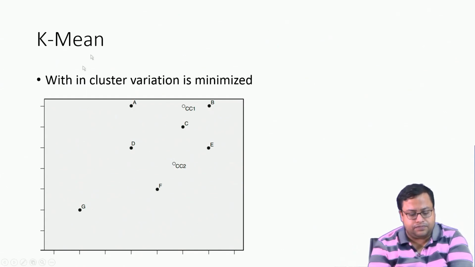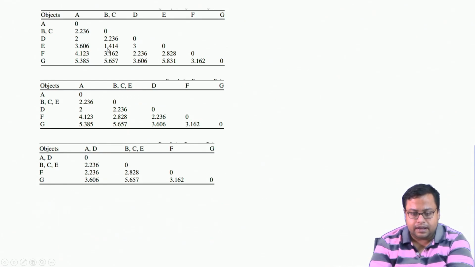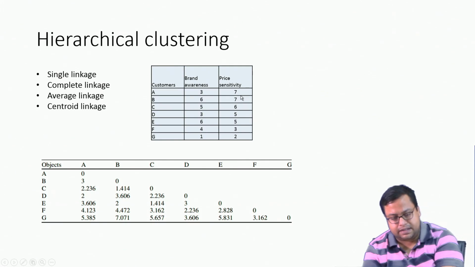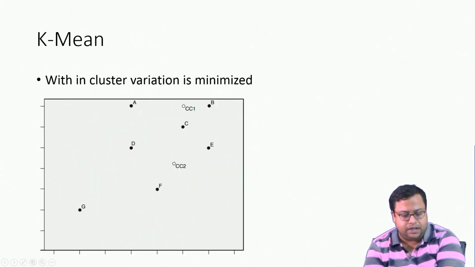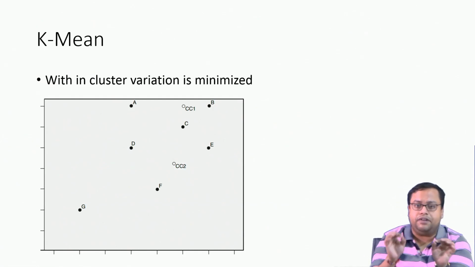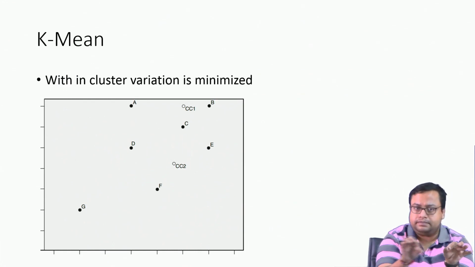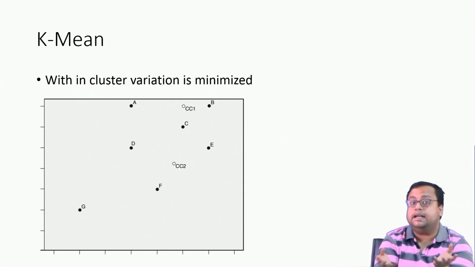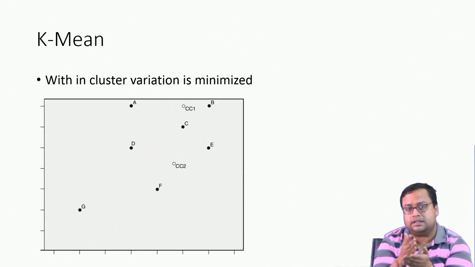For example, if you remember, A was 3, 7, so brand awareness and price sensitivity 3, 7. So, what we did here is, A, you see, this is 0, then 1, 2, 3, and then this is 7. So, 3 comma 7 is A. Similarly, for every point I position them in this xy plane. If it is a multidimensional observation, if instead of price sensitivity I had